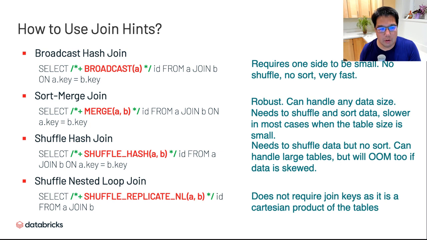You can also use a shuffle hash join. Basically, you need to shuffle the data, but you actually don't need to sort. Okay, so that's pretty cool. If you've got a case where the sorting is not needed and only shuffling, this is a really good idea. It can definitely handle large tables, but